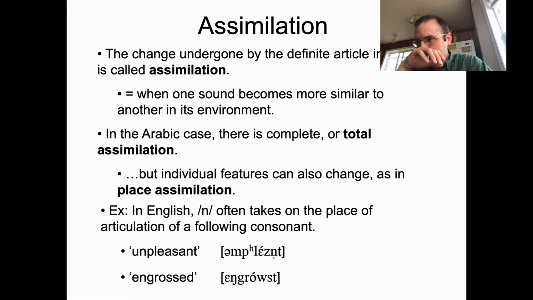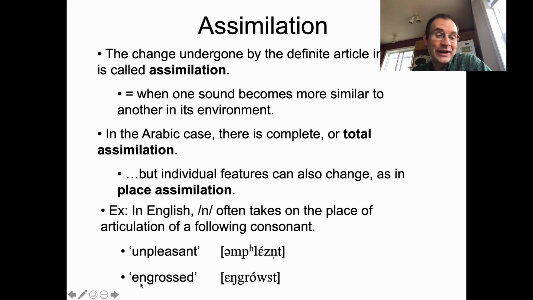That's a form of total assimilation. In terms of place assimilation, you can see that for examples like in going to im before possible. So inaccurate but impossible. The N changes to an M before a P because those are both bilabial consonants. At a less formal level, in casual speech, we see that happening with the un in unpleasant. If you say it real quick, you could say unpleasant, and most people wouldn't notice that the N got replaced